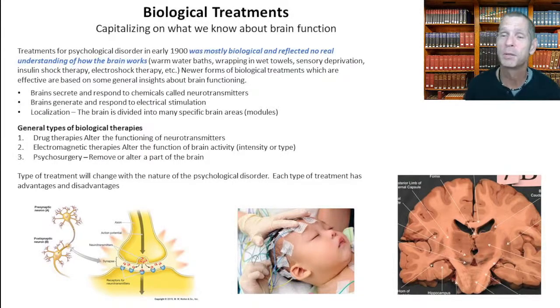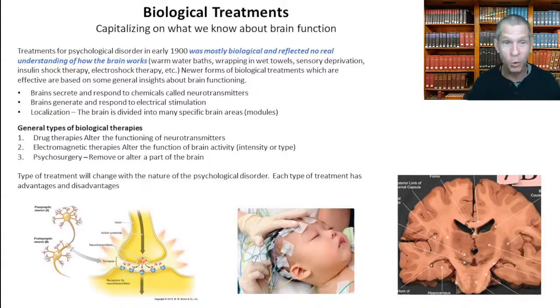And we also know that the brain is divided into specific areas, which I suggested to you we'll call brain modules. And we know that when these modules quit working, as in Broca's area, remember, or as in HM in the hippocampus, we know when brain areas malfunction or are damaged, specific abilities are lost. So we know these three broad properties about brains. We know these things for certain. All the details I would suggest to you are still sometimes a mystery, but we do know these three basic processes of brains.